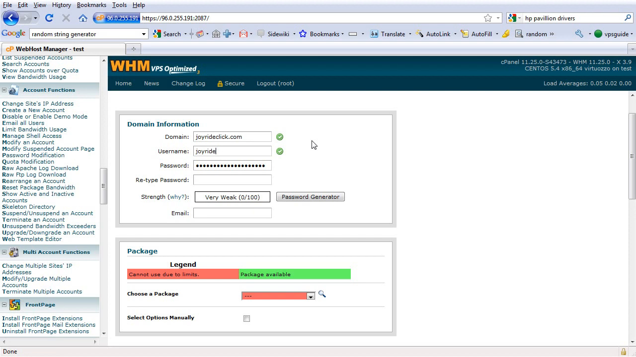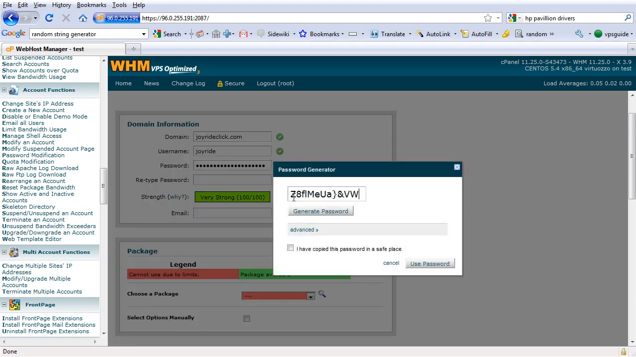Username, just use joyride. The password, let's use a random password. Let's generate it by clicking on that, generate password, and let's use this one. Click here,